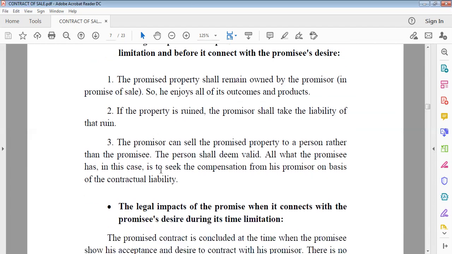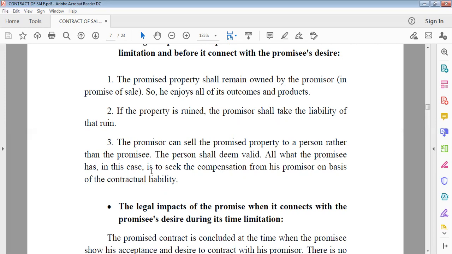Number three, the promisor can sell the promised property to a person other than the promisee. For example, I gave a promise to Baha to sell him my car during a month. Then, 2 days after my promise, I sold it to another person. That is just fine, and it is legal because I'm the owner and I have the right